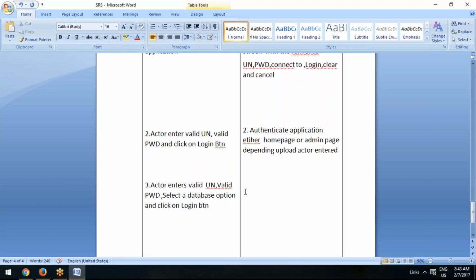So username and password are mandatory. Connect to database is optional, yesterday's requirement. So we will allow that, same thing. Authentication,